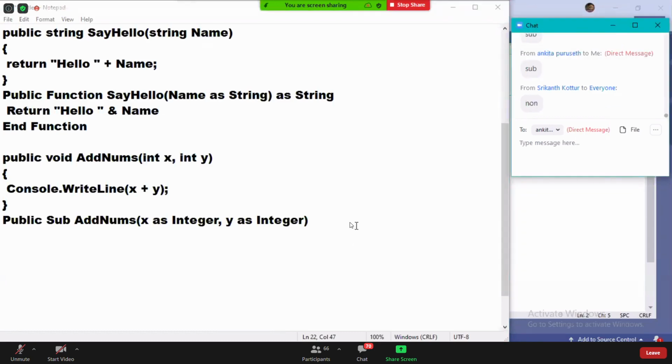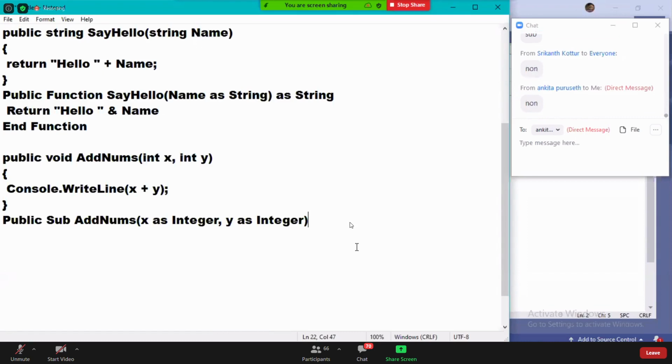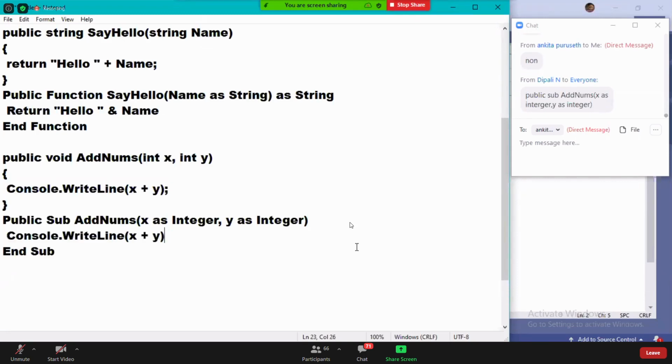Non-value returning. Then why are you writing void again?